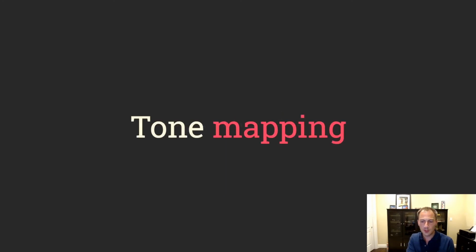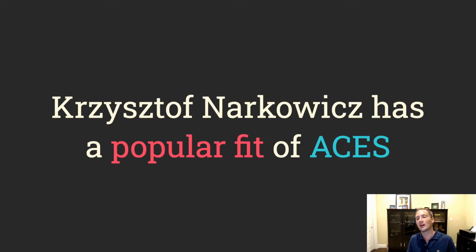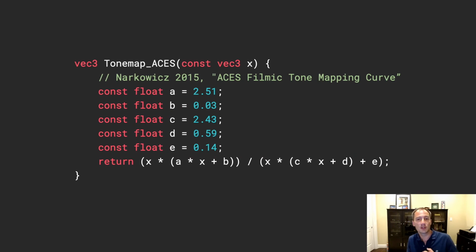But I want to mention tone mapping really briefly. Some of you are probably going to scream when you see me conflate tone mapping, gamut mapping, and transfer functions, but bear with me. So Krzysztof Narkowicz, I hope I'm not butchering his name, a few years ago popularized a fit of the ACES RRT plus ODT for sRGB output. It looks like this. And it was popular because it is very simple, very easy to implement.